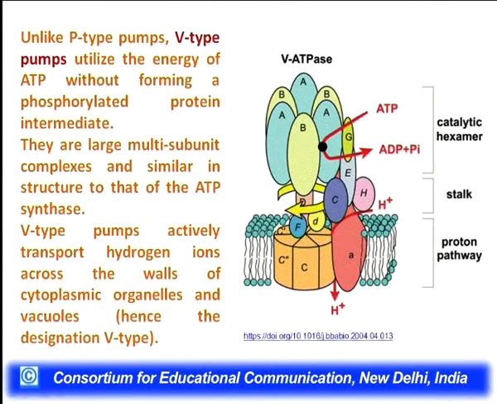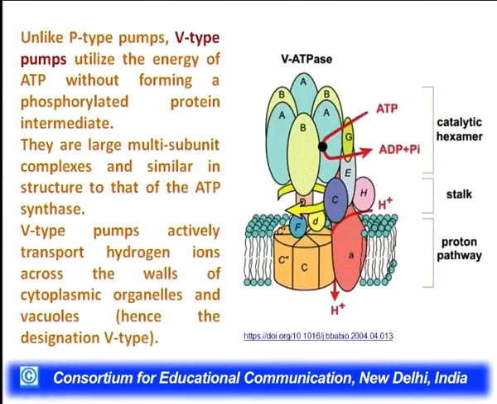V is because of the vacuolar type. They utilize the energy of ATP without forming a phosphorylated protein intermediate. They are large multi-subunit complexes, similar in structure to the ATP synthase. V-type pumps actively transport hydrogen ions across the walls of cytoplasmic organelles and vacuoles, and therefore they are termed the vacuolar type. So you can see this is the V-ATPase, and this V-ATPase is a